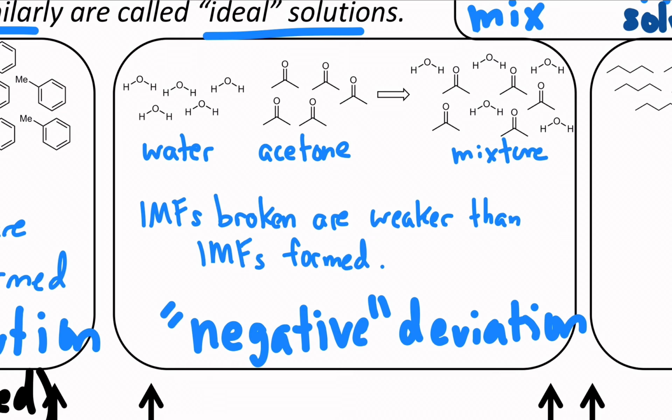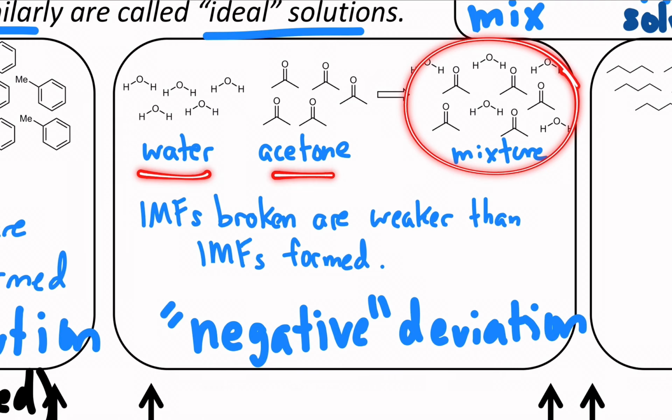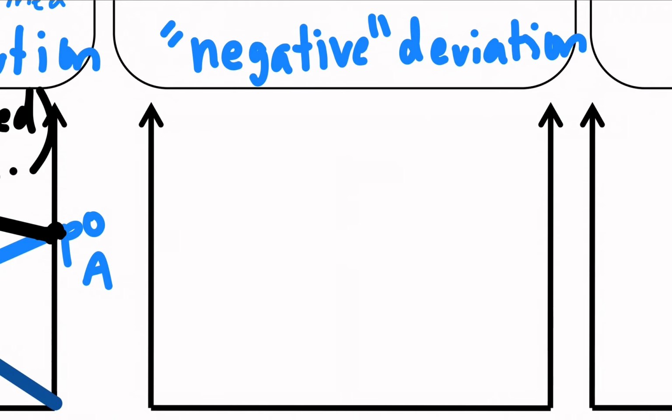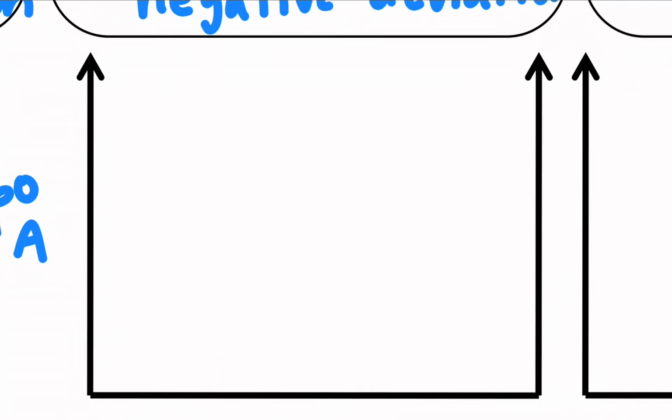And for those two molecules, it happens to be better in the mixture than when they were separate by themselves. So there's sort of this net release of energy, and it's more favorable to be together,